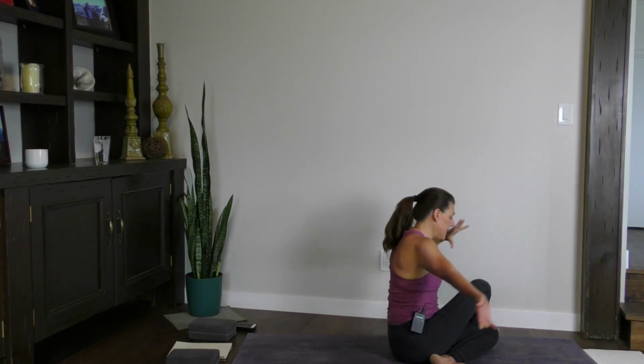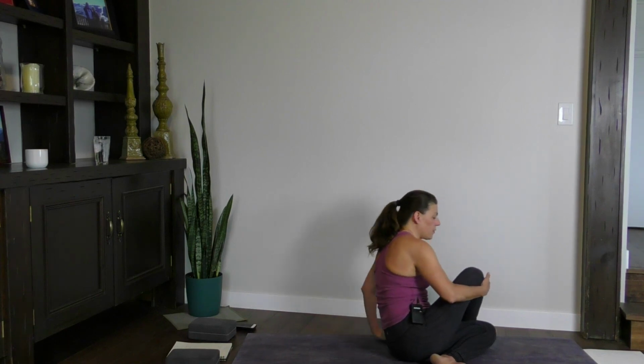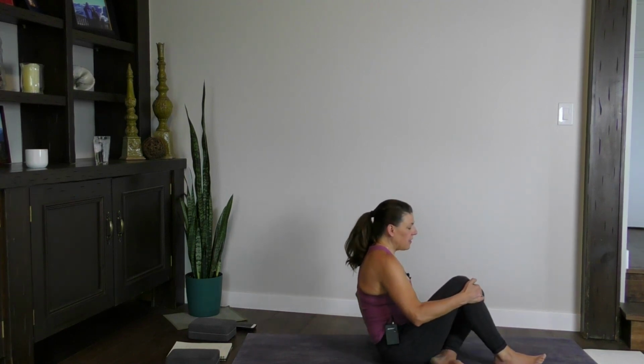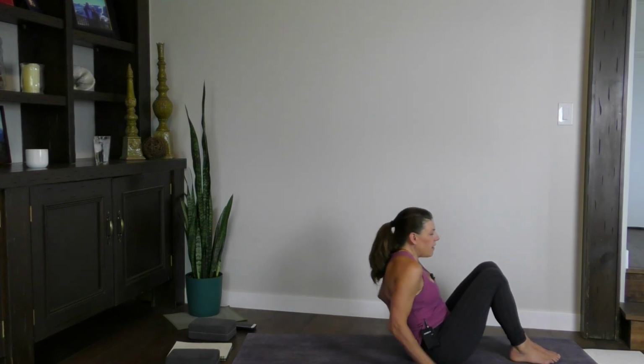Slowly start to untwist, counter. Bring the hands on the left side of you and twist. Just using the hands. Coming back forward, unwrap yourself, and then go ahead and come all the way onto your back,